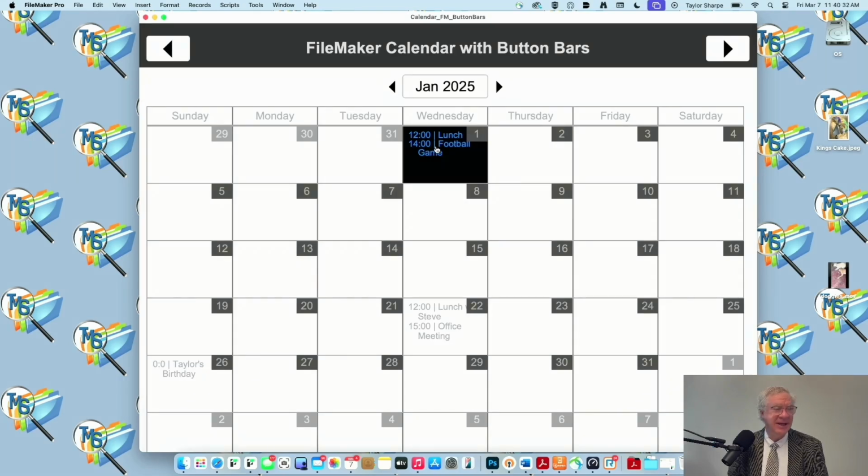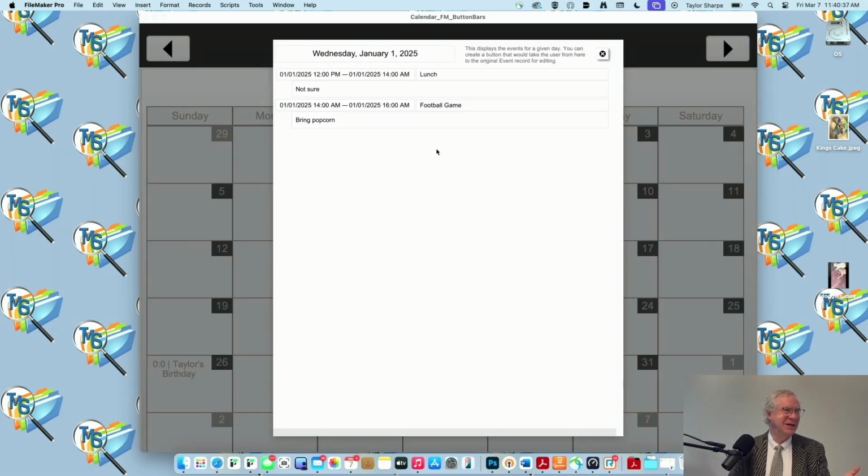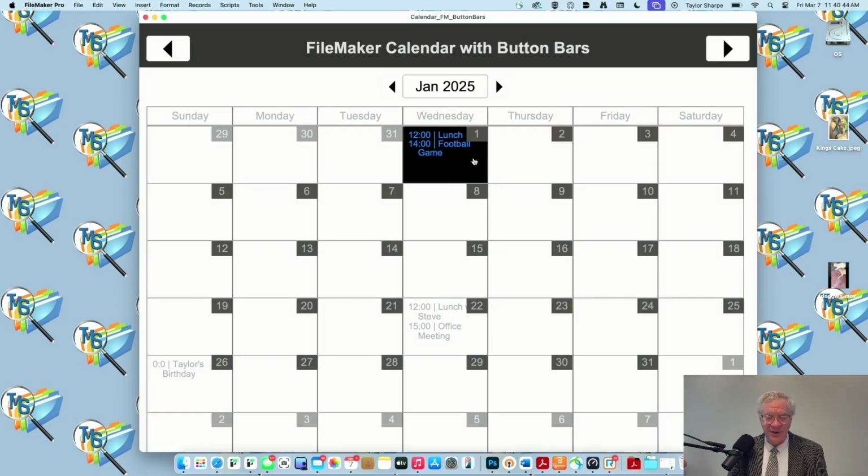You'll notice this button bar runs a script that says open up a card window. It could be any script you want to do. And you can edit your events or do whatever, just like we're used to doing for other things. And so, of course, then I wanted to also display some things about it. Now, granted, if you had some HTML web viewer, you can dynamically size things. I guess you probably could in a FileMaker calculation too, because we can control font size and stuff.